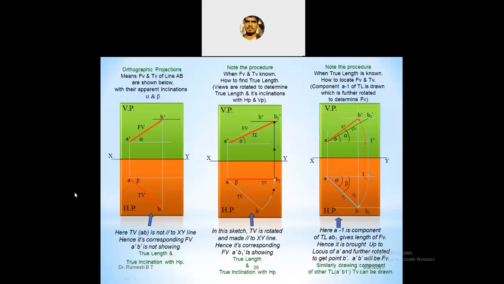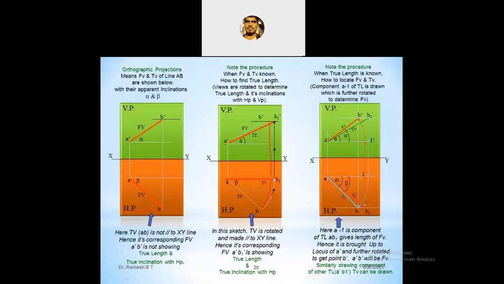Okay, so here these are the locus A dash, locus B dash, locus A, locus B. Then A dash B dash and AB are the apparent lengths. From AB, if you want the true length, point A is fixed. Then take B with the compass and draw the arc up to locus A. Then from locus A, draw the vertical line or projection up to the next B dash rotating point. Then we get one point, and if you join that, that will become the true length. Here A dash, A and B1 is the true length.